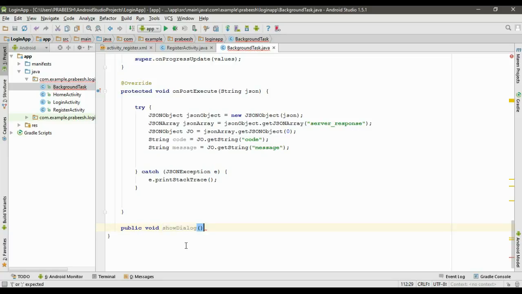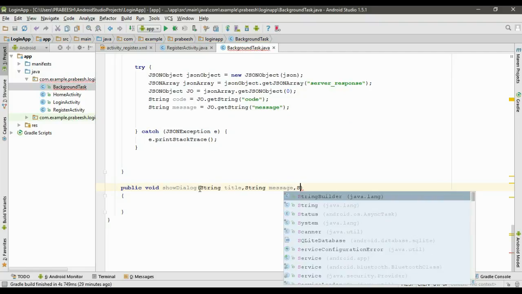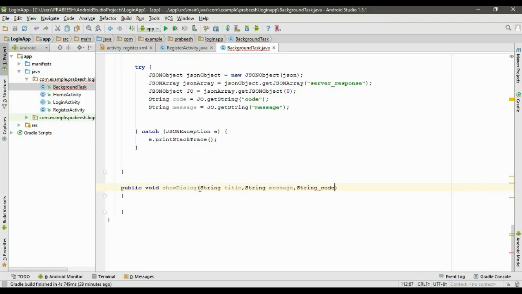and for this method we need some arguments. First one is title. Now the message, string message, and we need code from server, string code. Okay,